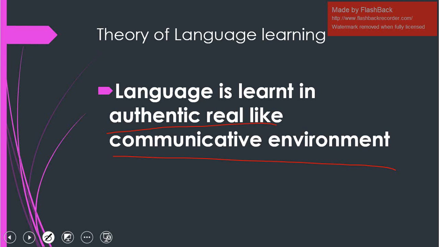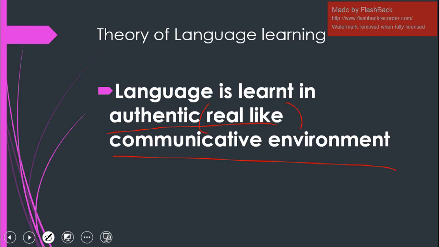What do we mean by authentic? Authentic means real like. If something is authentic, we say this is real, this is quite practical and related to real life. For example, writing a tedious letter to your parent asking for money is not something real like. But if the teacher says you have to write a letter to your brother who is abroad and you want him to bring the Xbox for you, this is a practical situation that would interest the